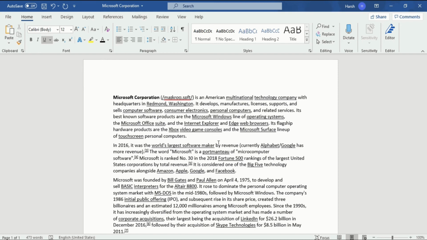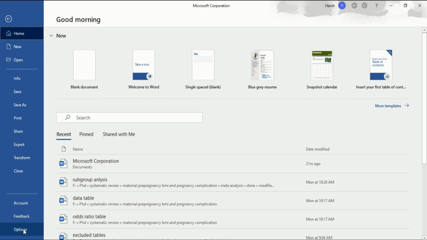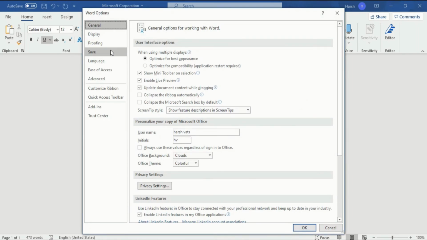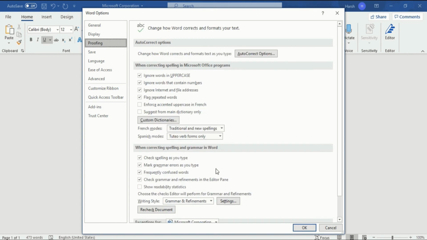But actually, Microsoft Word provides you all this facility. You don't have to go into third party software. In Microsoft Word, you just have to turn on one option. How can you do that? You have to go into the File tab, just click on it. After that, go into the Options section. After that, you will go into the Word options. In the Word options, you will see there are a lot of things available to you. You have to click on Proofing. In the Proofing section, you will see there is one checkbox that is unchecked, that is Show readability statistics. So I click on it, after that I press OK.